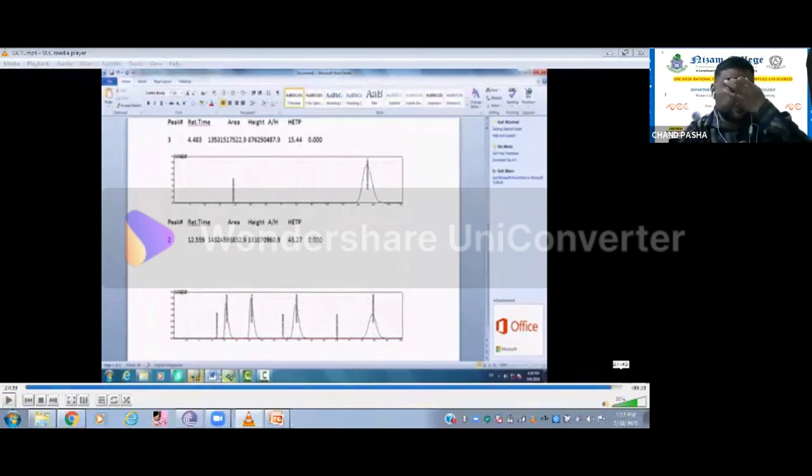We did analysis of individual components and we did the analysis of mixture. When you do the analysis of mixture, generally retention time, because of interaction of one molecule with another molecule, there may be a little deviation possible.